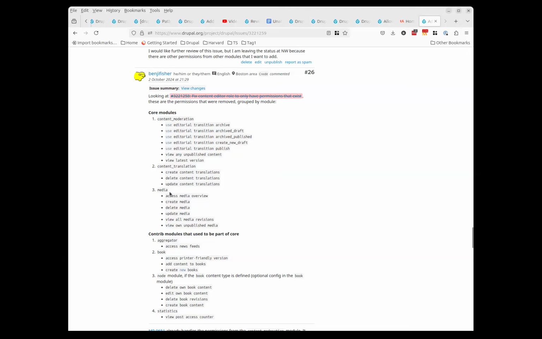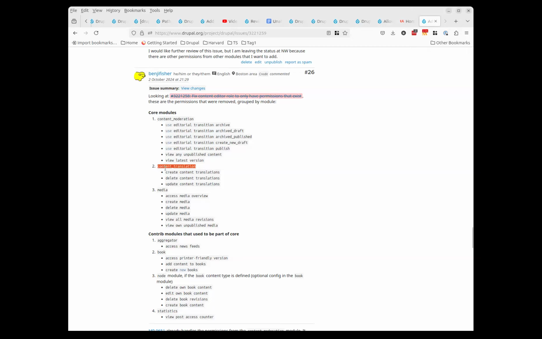So is content translation in the Drupal CMS multilingual recipe, or is it not? I didn't look too hard.